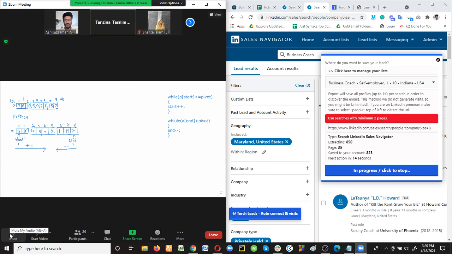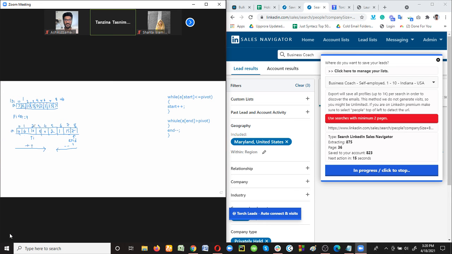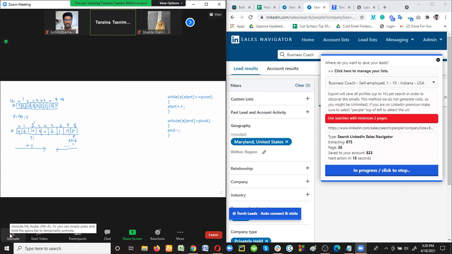Yes, ma'am. Look at the condition, it's less than pivot, so I plus plus. Now I equals 2 and a2 equals 10. Is it less than the pivot element? No. Now we can stop the incrementation process here. This is the new value of I.